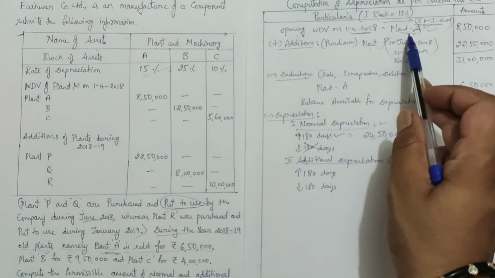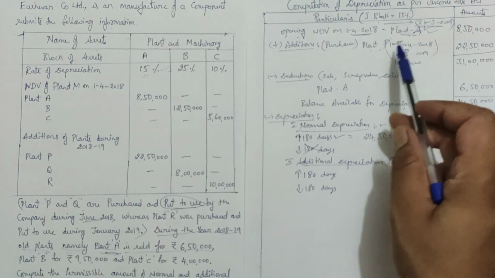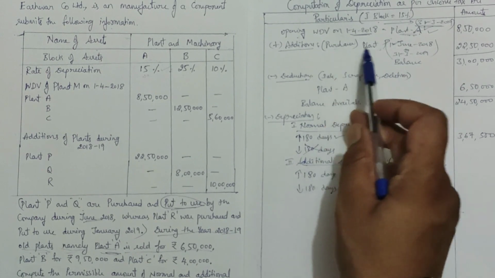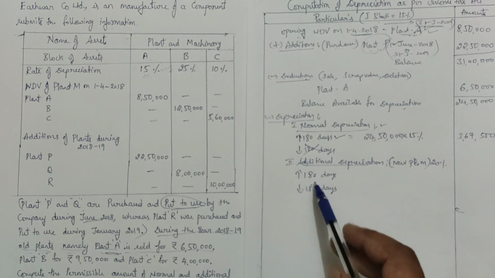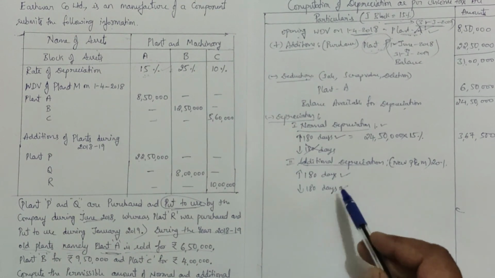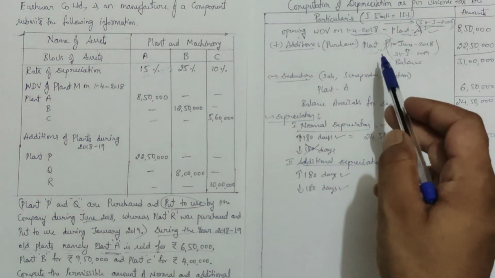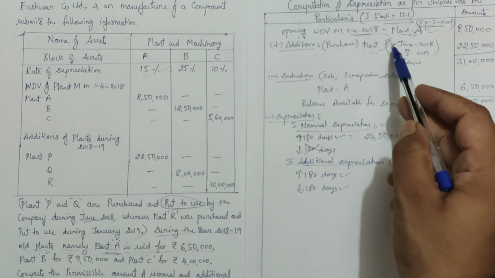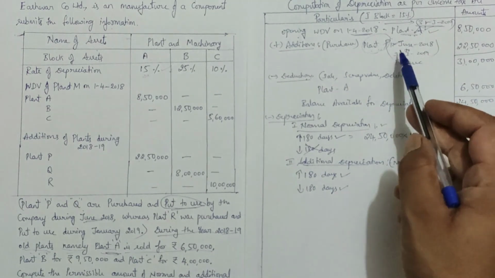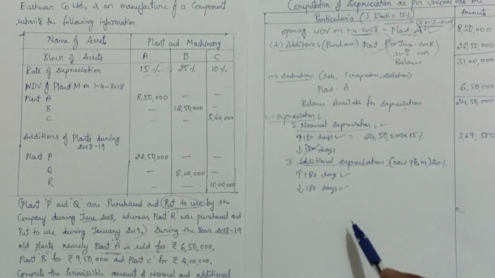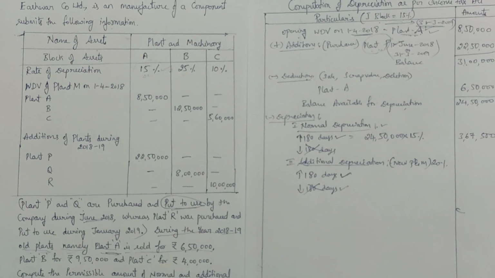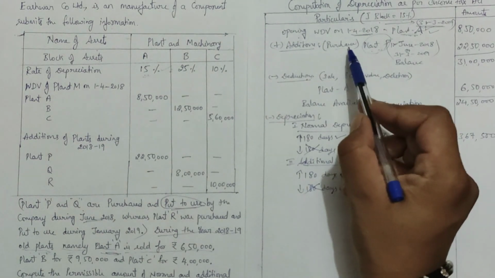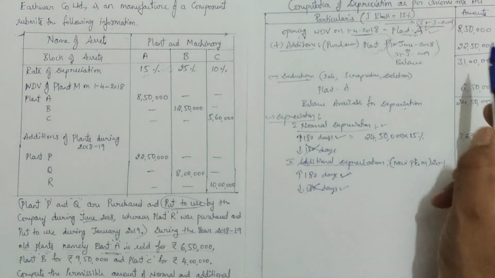So here, what is the new plant and machinery? Here plant A is an old one. So which is newly purchased here? Plant P. So now we need to check whether plant P has more than 180 days or less than 180 days. Clear? So already we have calculated here, that is from 1st June 2018 to 31st 3 2019. So if we calculate, almost we'll get 300 days, that is more than 180 days. So no need to calculate less than 180 days, right? So how much is the newly purchased plant P value?